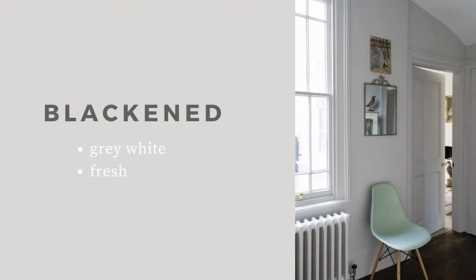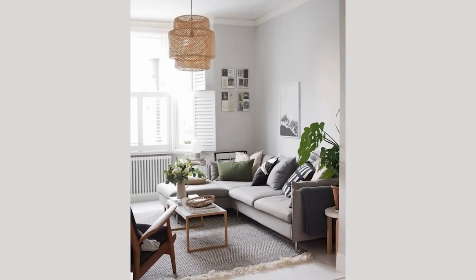I hope I'm saying it right. This color is a gray white, and it can pass for a white depending on where you put it and how much natural light is coming in the space. But I really like this color because sometimes I'm not really into having a space just be white. Sometimes I want a little bit of gray undertones on there